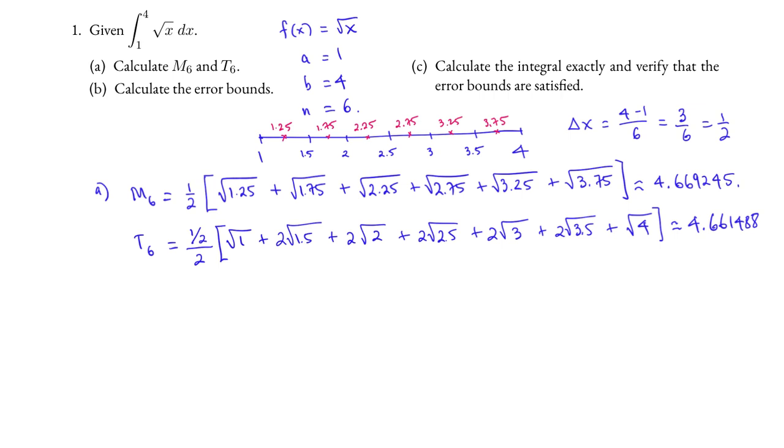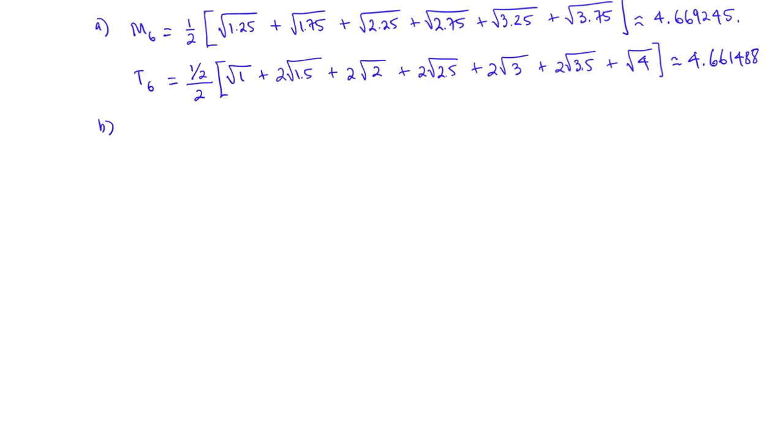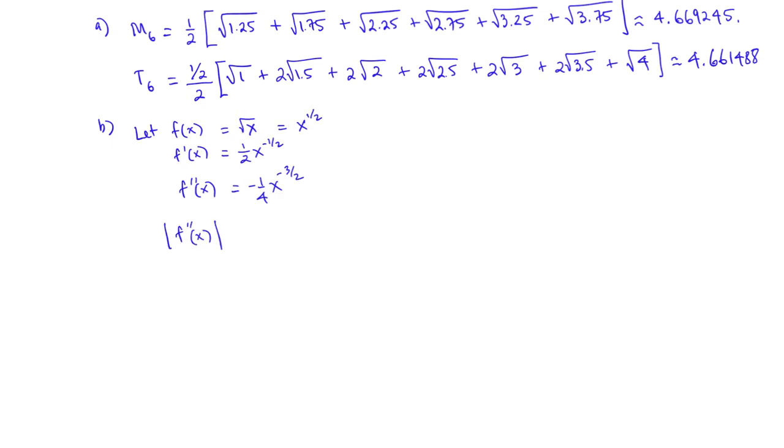Also, if we were to have the left sum for 6 rectangles and the right sum for 6 rectangles, then we can average the left and the right to obtain the trapezoid sum. Let f of x equal the square root of x, then the second derivative is negative 1/4 x to the negative 3/2. So the absolute value of the second derivative is positive 1/4 x to the negative 3/2. The derivative of the absolute value of the second derivative is minus 3/8 x to the negative 5/2,